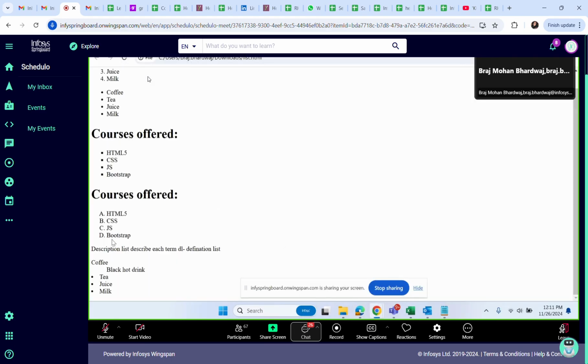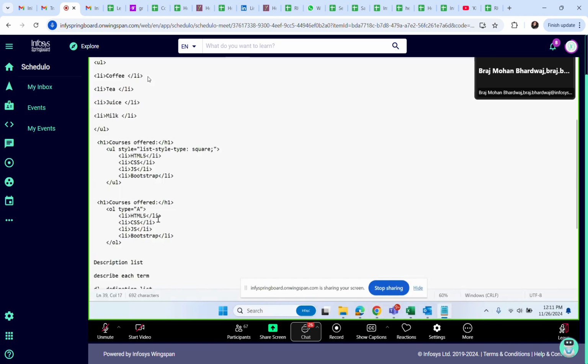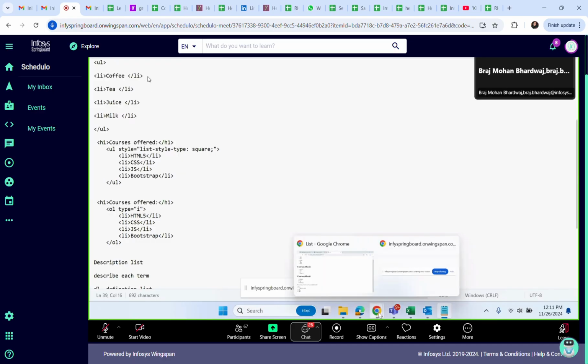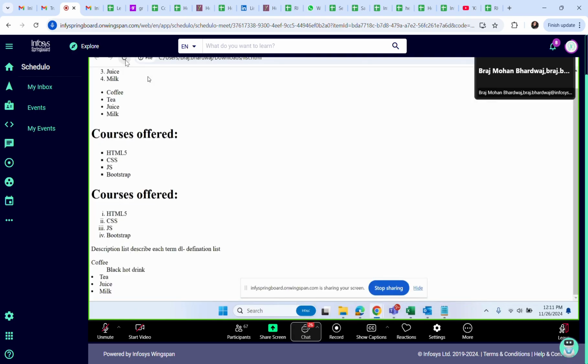Yeah, so you can see if I wanted to display in capital alphabets, it is displaying. Same way you can use it for the Roman as well. I'll type small i first, then quickly save it and reload. Okay, so these are a few stylings which you can use to display your content.